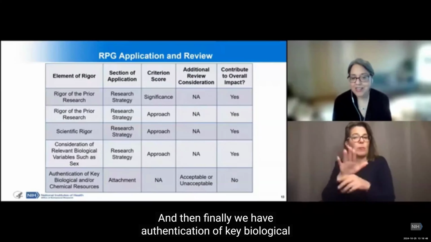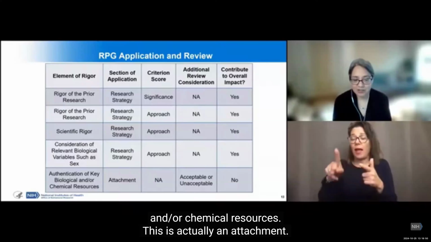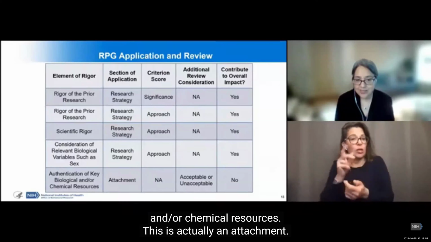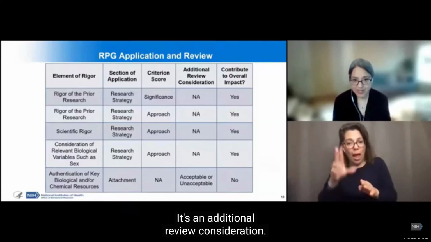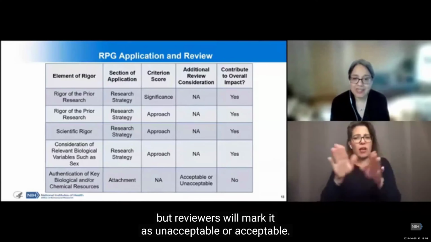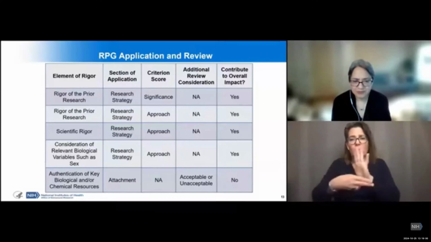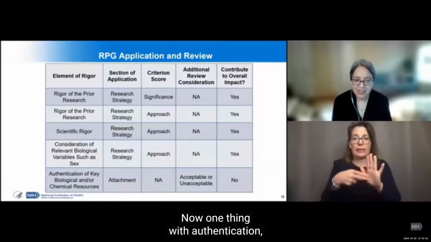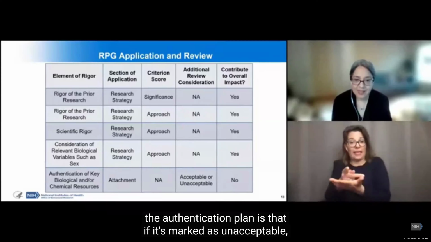And then finally, we have authentication of key biological and/or chemical resources. This is actually an attachment. It's an additional review consideration. It does not contribute to the overall score, but reviewers will mark it as unacceptable or acceptable. Now, one thing with authentication: if the plan is marked as unacceptable, that doesn't mean that the application won't be funded. The program official will then work with the PI and the institution to come up with